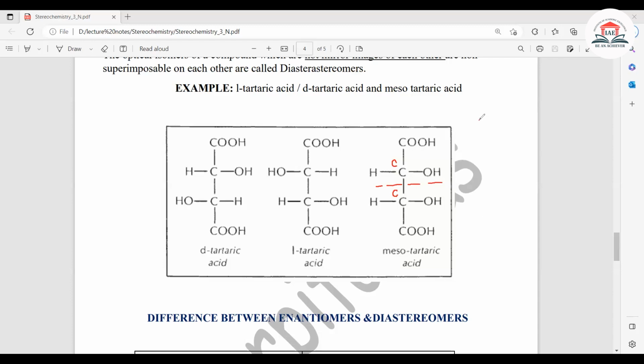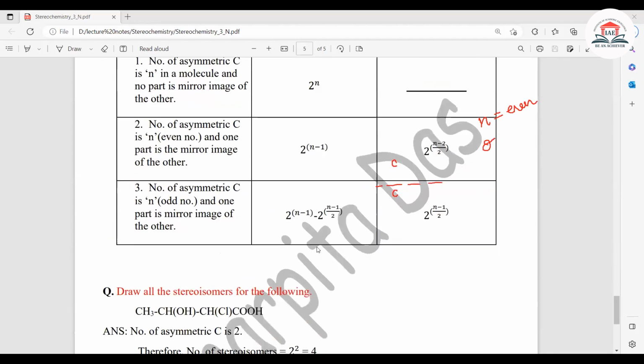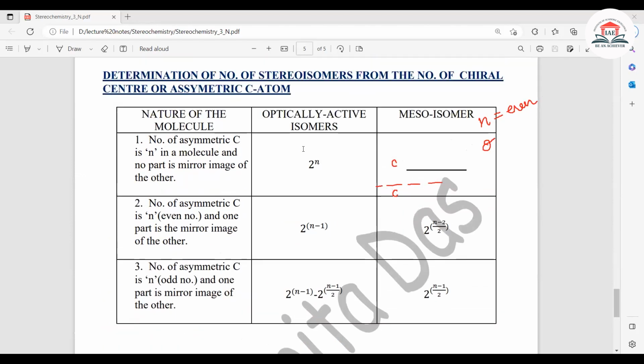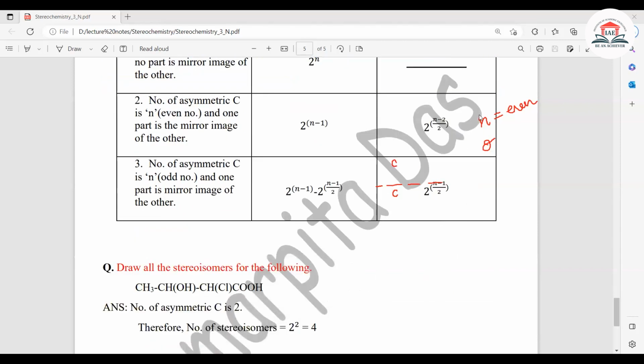So that means there are n number of chiral centers where n is even, and there is also a mirror plane, sigma. So this molecule comes under the second category, which says number of asymmetric carbon is n, and one part is the mirror image of the other. So how many optically active isomers will be there? 2 to the power n minus 1. And meso isomers will be 2 to the power n minus 2 by 2. Okay, so now let's